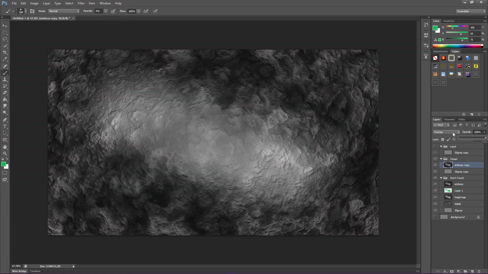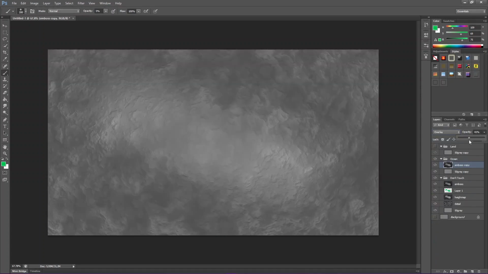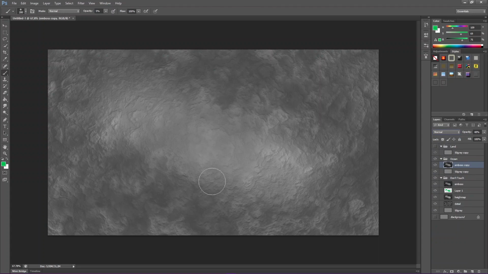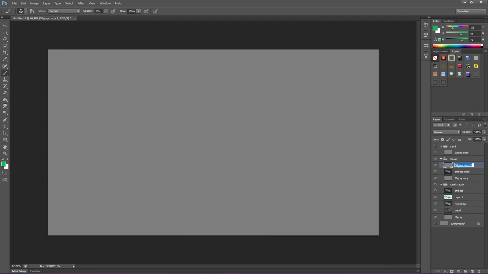So what I did here was, it started like that. I've got my emboss layer on top of my 50% gray layer. I'm going to set my emboss to overlay, and I'm going to set my opacity down. The silly thing about this is, it doesn't really matter. You can set this to whatever color you like. Because it's sitting on top of a gray, it's actually not making all that much of a difference. But I like having the gray there. It's a nice background for the sake of argument. I am going to pop the 50% gray on top of that. I'm going to call this color. This is going to be my ocean color.